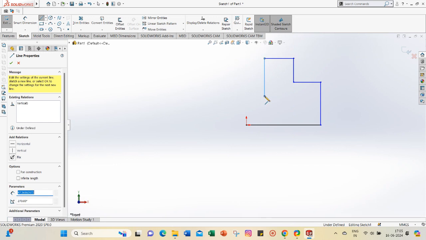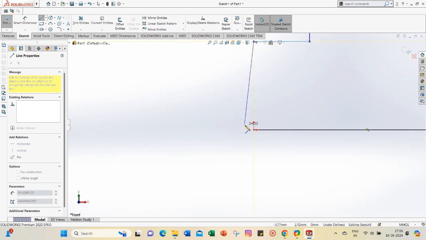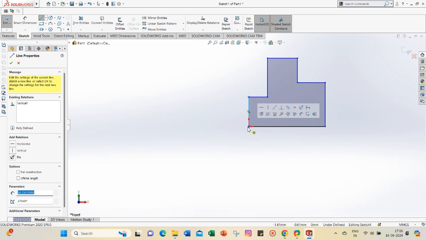As soon as our first line and our last line meet with each other at the origin, you will see that the line command itself ends. You will also observe that as we go close to the origin, the line will snap itself on the origin.